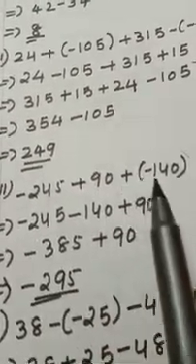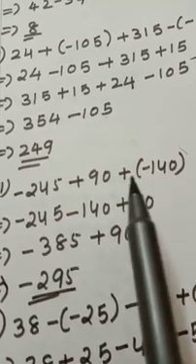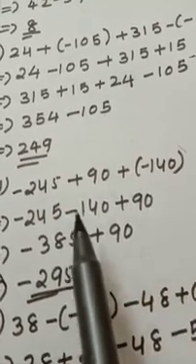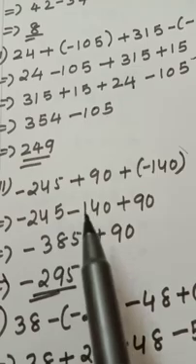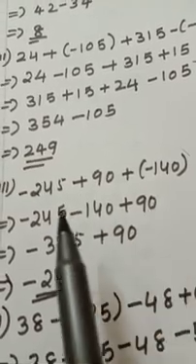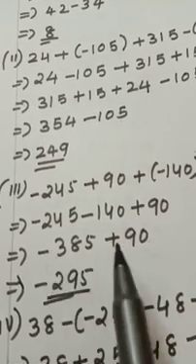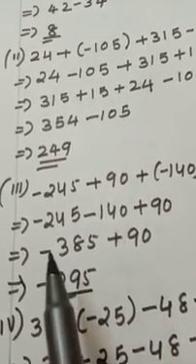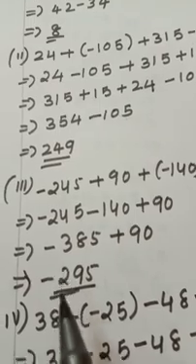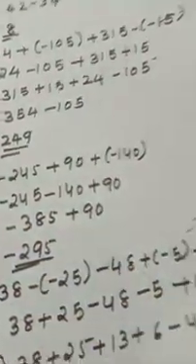5 plus 90 plus minus 140, different sign combined to form negative. Negative 245, negative 140 plus 90. Same sign numbers, you have to add it and put a common sign. Different sign numbers, you have to subtract and put the bigger number's sign. Now the fourth one,